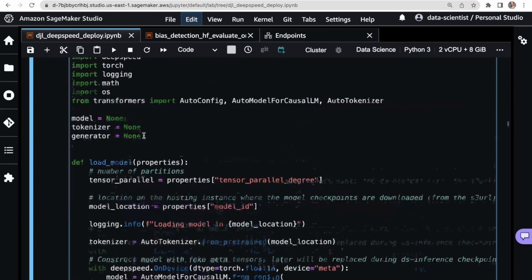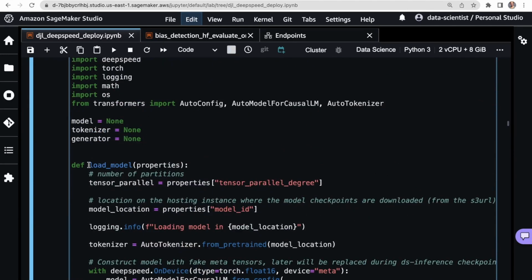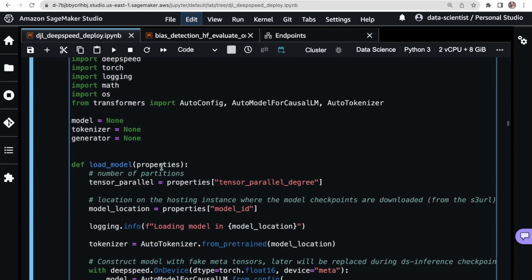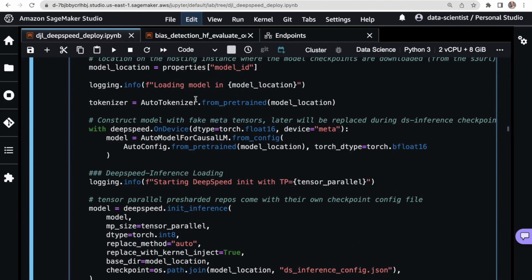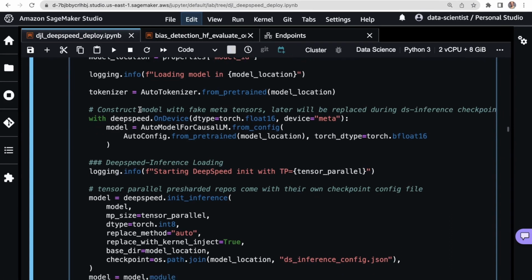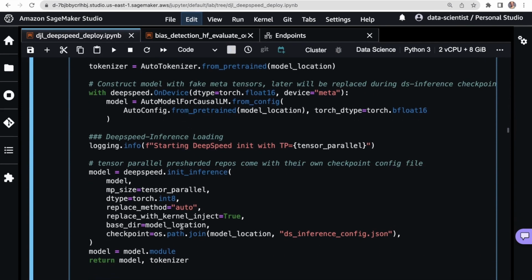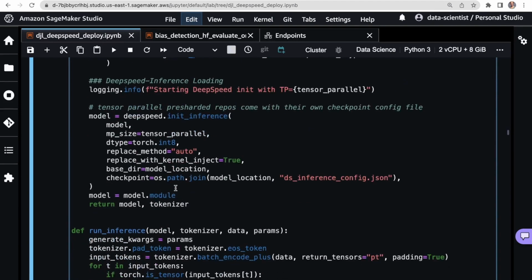Okay, so you've got a function, load_model. This function load_model is doing all of this for you. It's initializing the tokenizer, and then creating this DeepSpeed fake model, which it then changes out by pointing to the checkpoint, and then just returns both the model and the tokenizer.